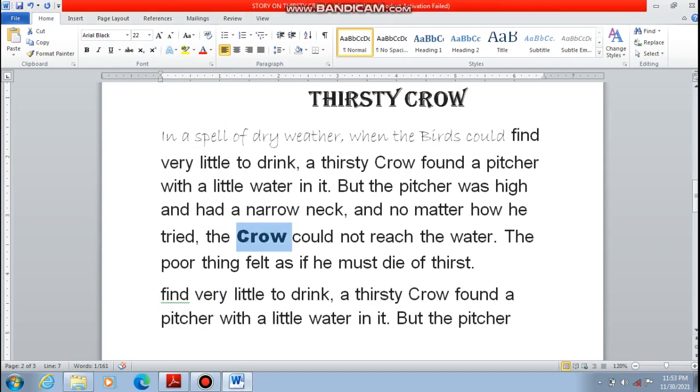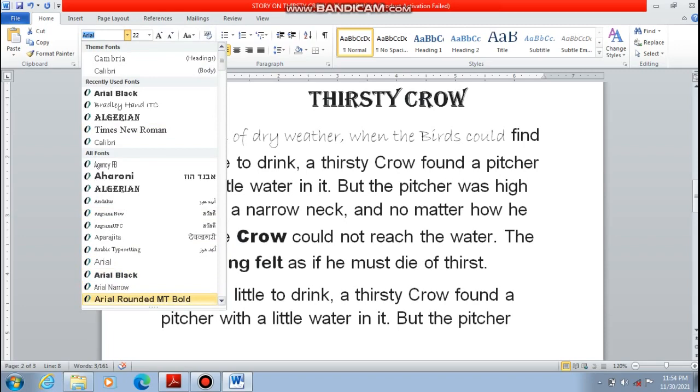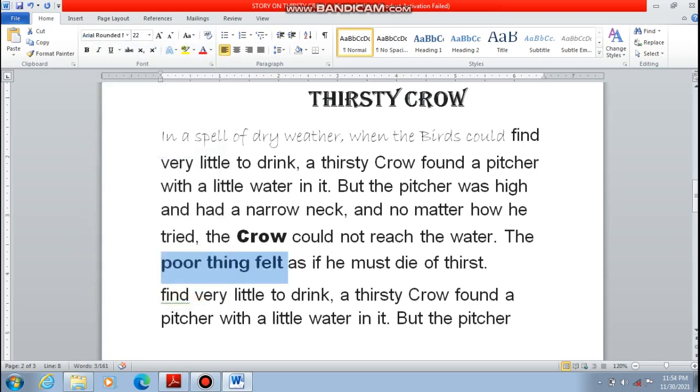So this is how we can change the sentence, or you can even change some particular words from a particular range of words. Suppose you want to select this, you want to change these three only. Select the word, go to the font change and change it accordingly, whichever style you want. This is how you can make the changes in the font size, style.